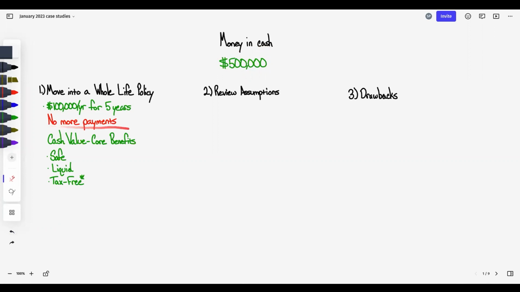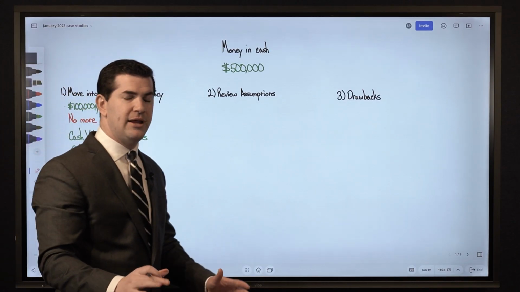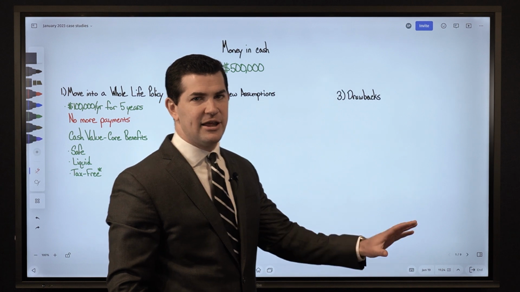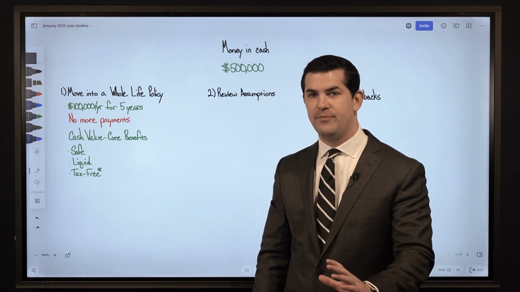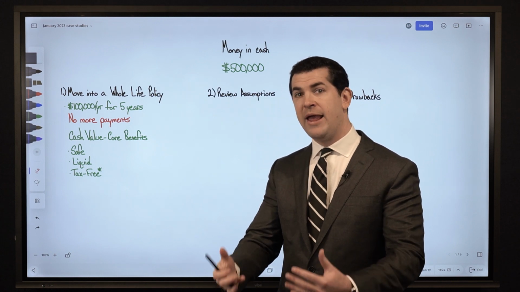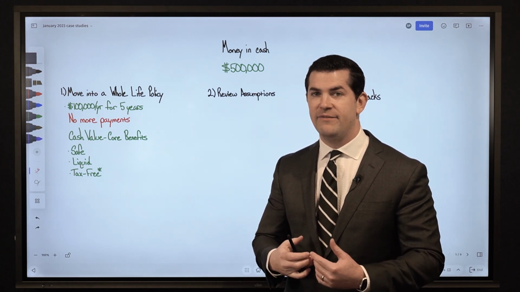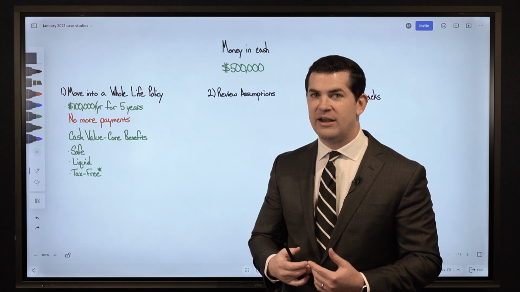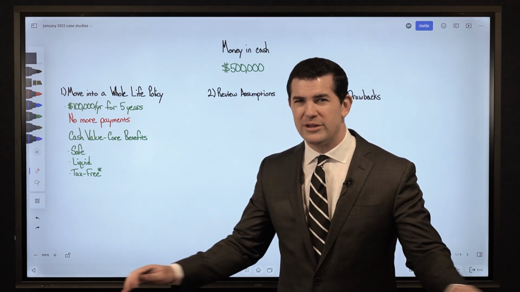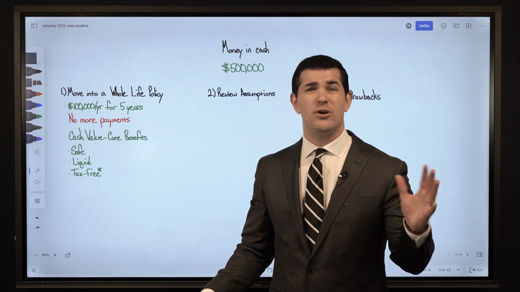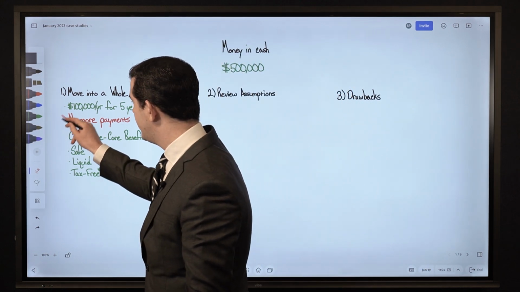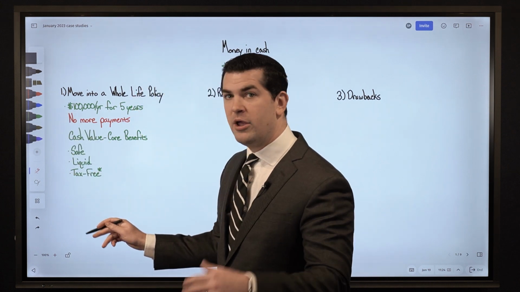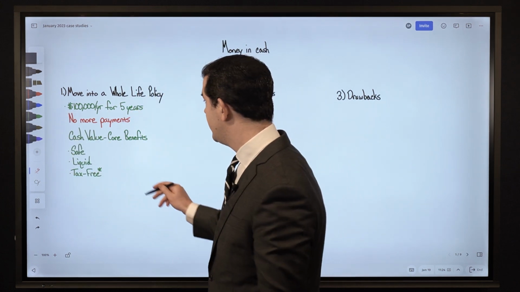After that, an emphasis on no more payments. When starting the policy, he does not want to have to pay anything into the product after that $500,000 is paid into the policy. Now, the policy will be equipped to handle additional payments after year 5, but at the same time, we're setting it up where he can easily stop altogether after 5 years and even earlier in the event that life happens. But very important to him right here, and this is important to a lot of people, particularly when working with lump sum scenarios.